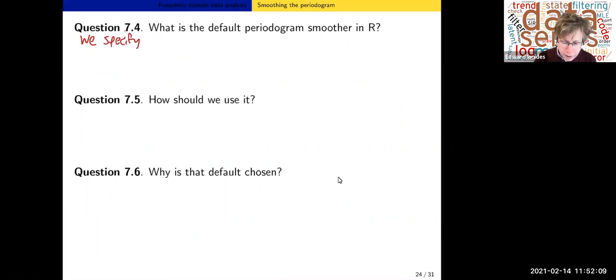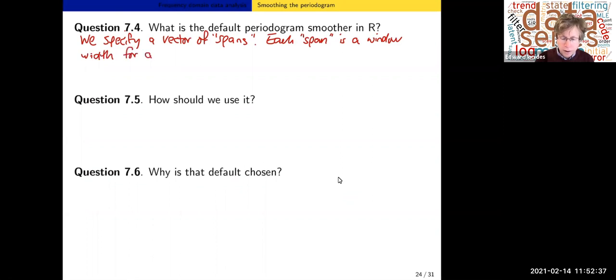We specify a vector of spans, and each span, it turns out, is a window width for a rectangular moving average smoother,